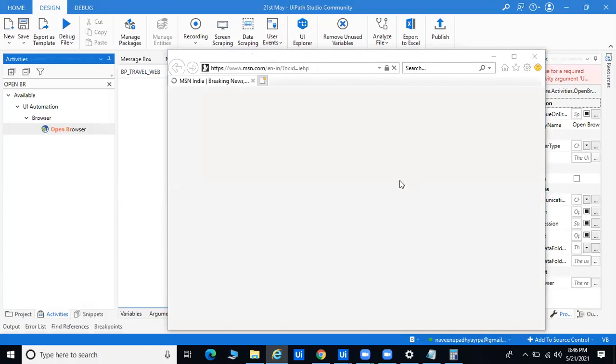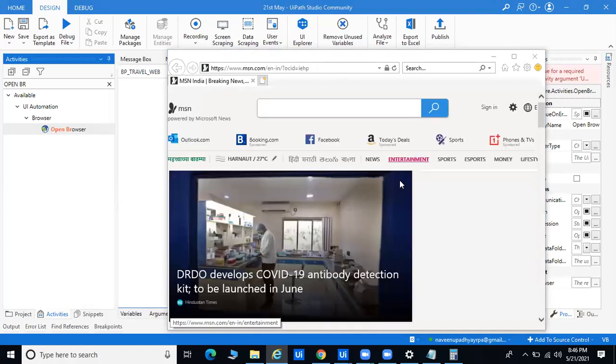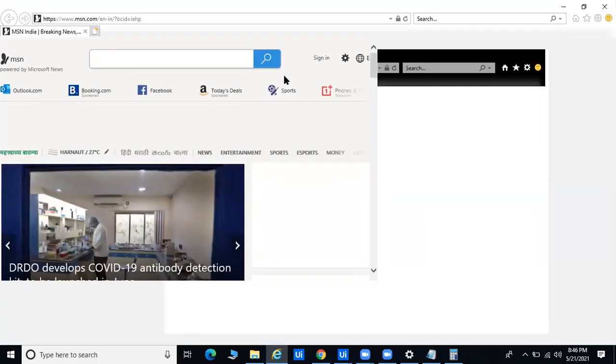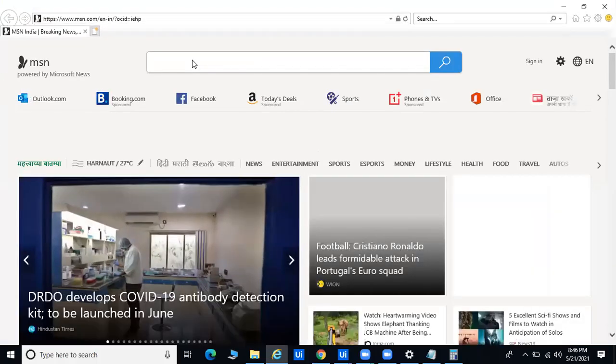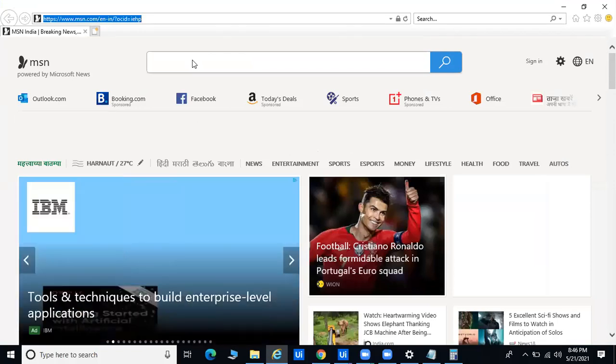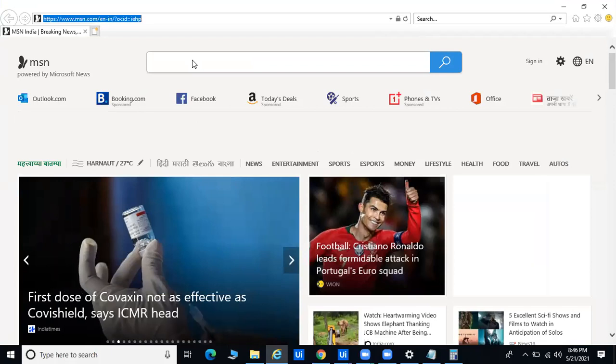Sir, what is the use of UiPath in the mechanical industry? It depends on the domain. For the mechanical domain, whatever your project or process is, you are able to automate the application.